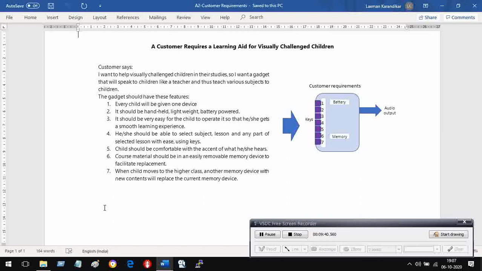If we go for the first option, that is TTS converter, we will store text files in the memory and TTS will convert text to sound and play the sound. You get it? Here we have 2 issues if we use TTS. Number 1, accent of spoken words may cause discomfort to the child.